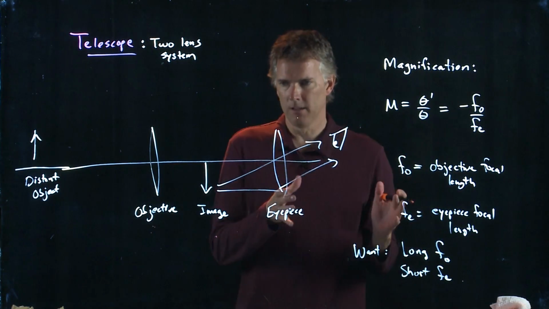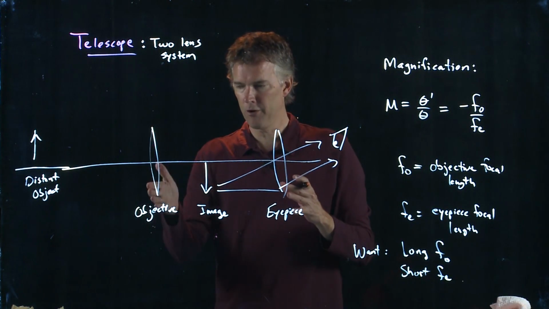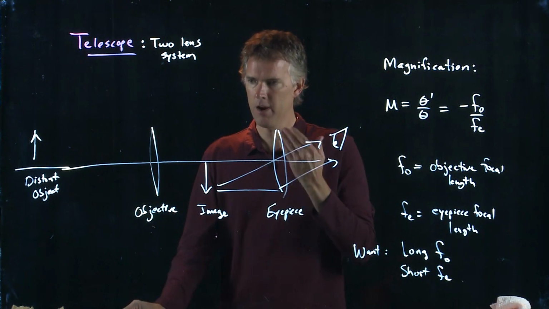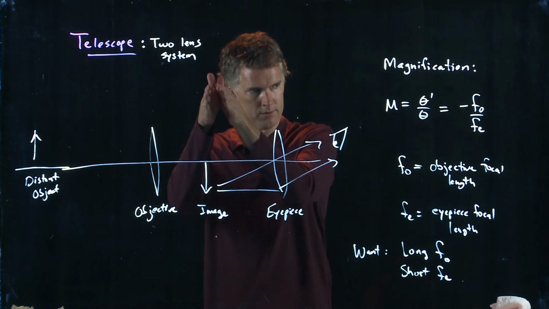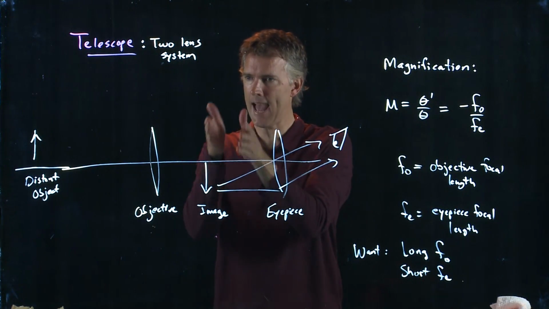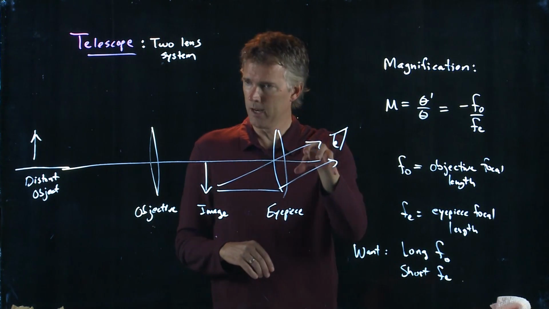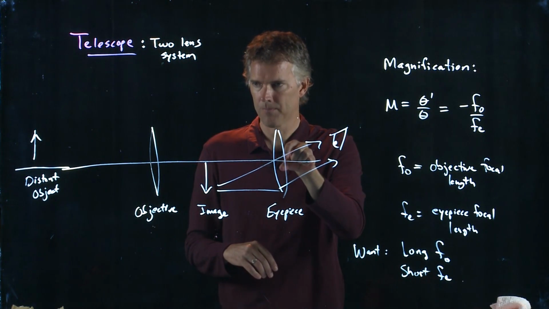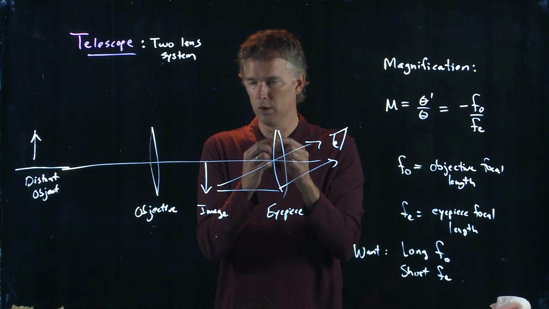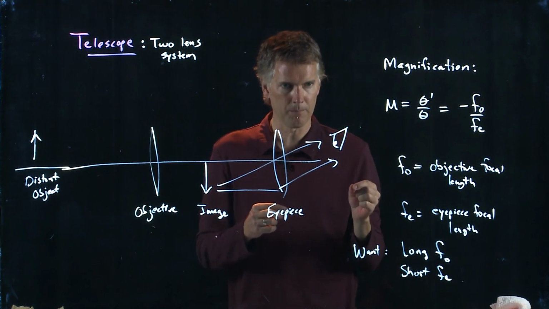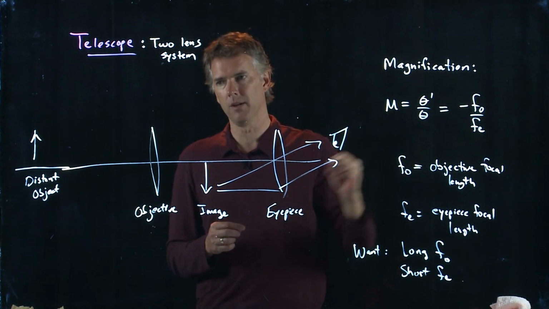And if you think about a telescope, and you've all seen telescopes, that first lens that it hits is very far away from your eyeball, and it's not very curved. It's fairly flat. That gives you a long focal length objective. But the one at the other end of the telescope, the one right next to your eyeball, has a very short focal length lens. It looks just like the eyepiece of a microscope. So a telescope, you want long objective, short eyepiece.